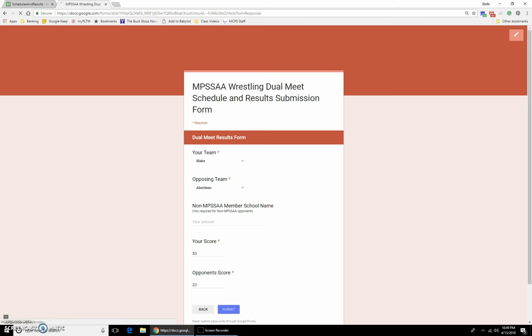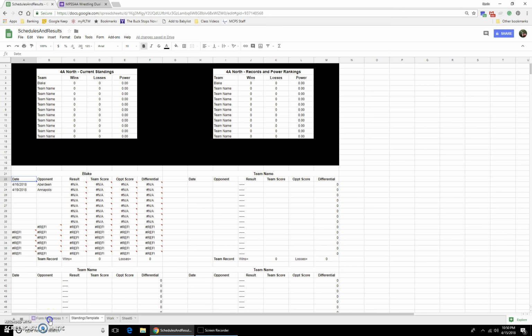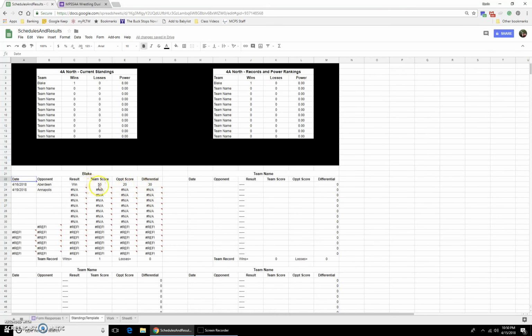We submit that score. That information, once we submit it, goes into the same sheet. It goes into the same form response page. Right here, it goes into a different section here, but it says Blake versus Aberdeen 50-20. And again, I've changed the sheet, so now that pulls that data in here, it finds that, matches that up with the dual meet on the schedule. It calculates with the score what the point differential is, and whether it was a win or a loss, throws it in there. If it was a win, tabulates it for their power rankings,